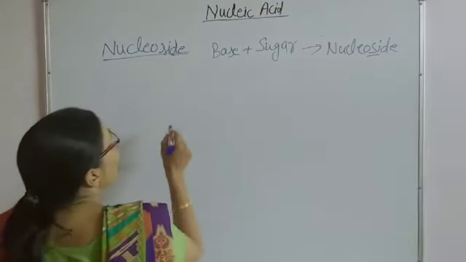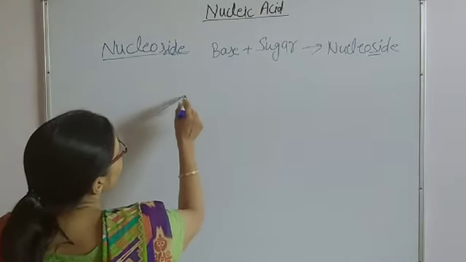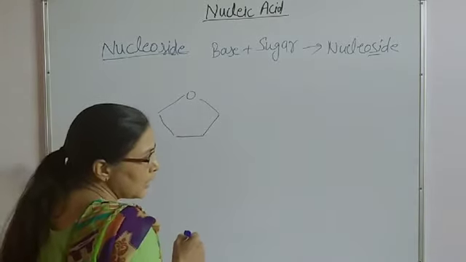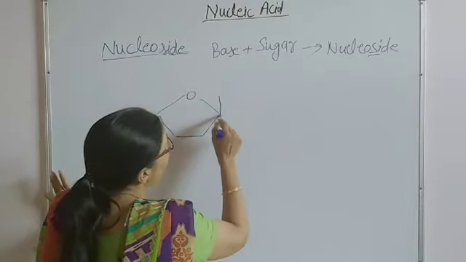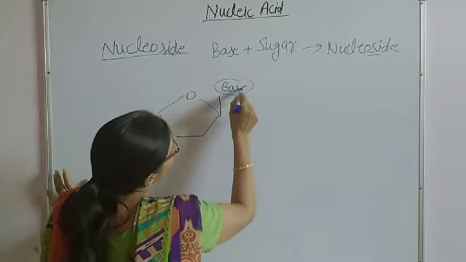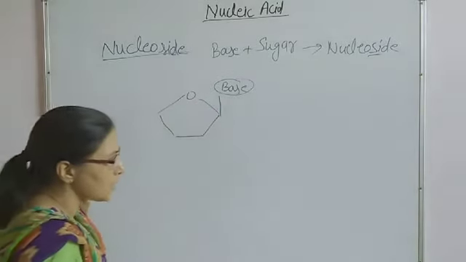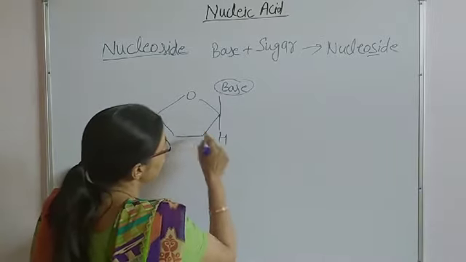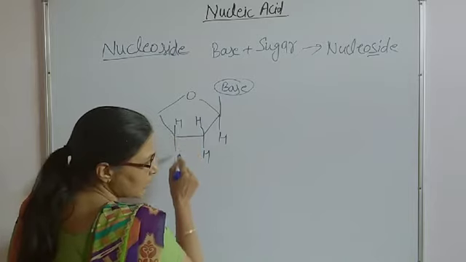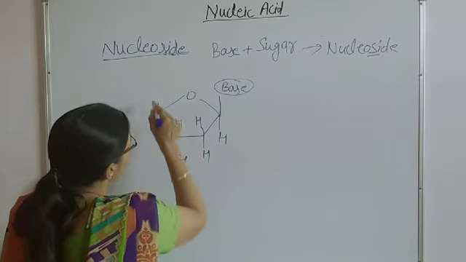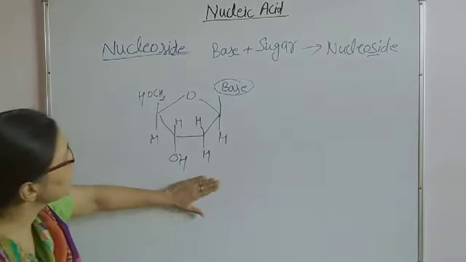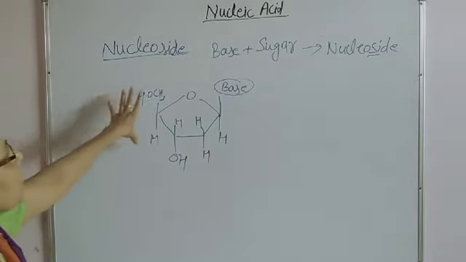Okay, so from the base, this sugar, any one sugar, either of DNA or RNA I am taking, at this position instead of OH, there will be the presence of any of the base out of these five bases. The rest is hydrogen. Suppose it is RNA, then both are hydrogen. This one is H, OH, CH2, OH, H. So, this is the structure of one of the nucleoside.